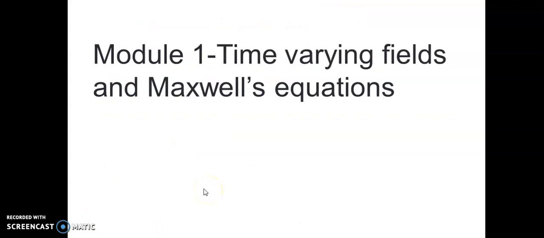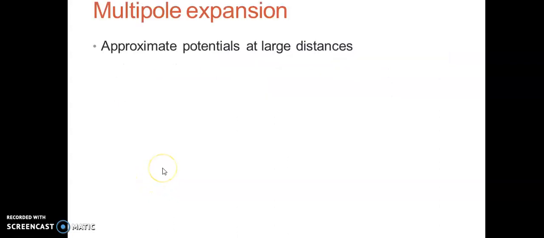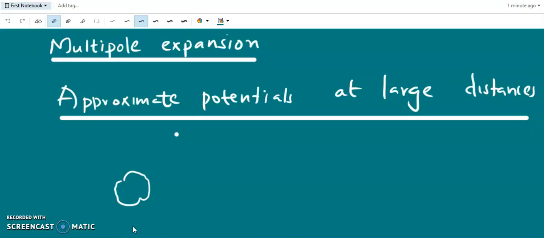Here we discuss the new topic added to the syllabus last year, which is the multipole expansion. First of all, we discuss the approximate potentials at large distances. Suppose we are very far away from a localized charge distribution, and this charge distribution looks like a point charge at a very large distance, and at a very large distance, the potential is approximately equal to 1 over 4